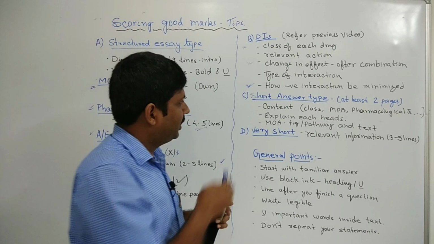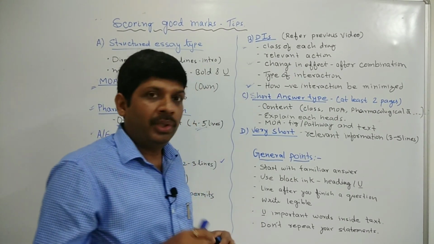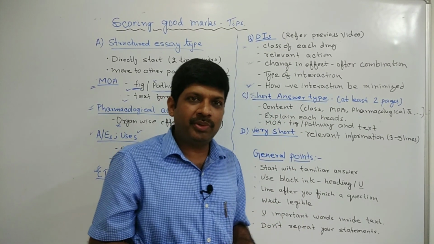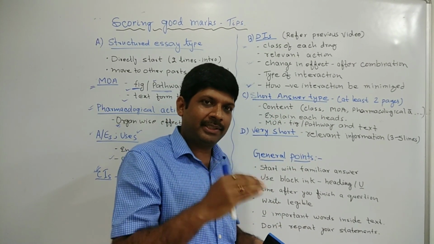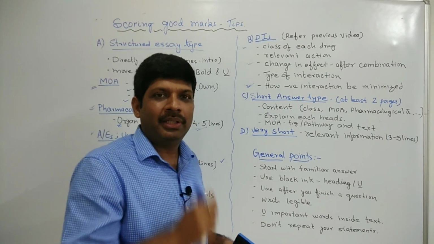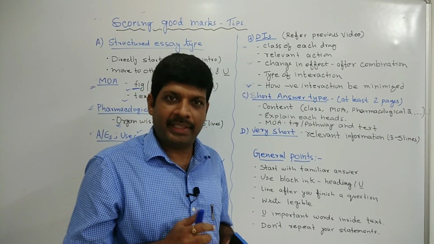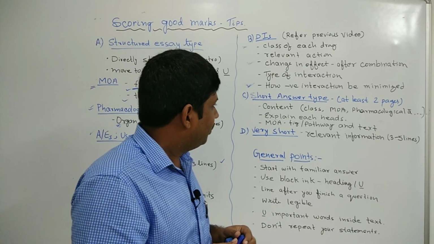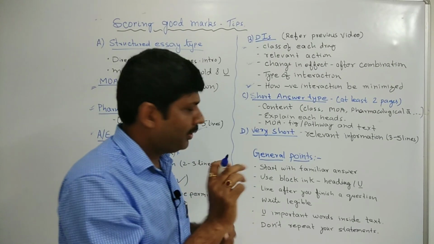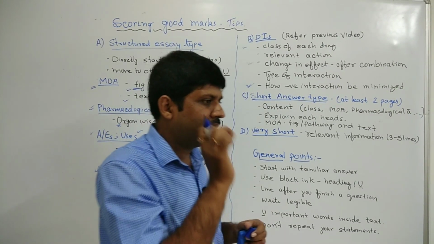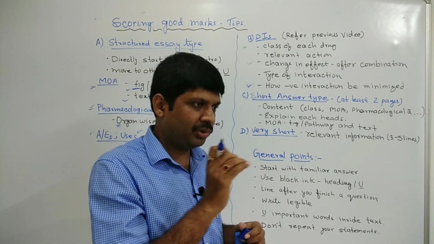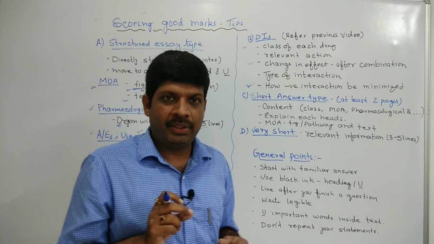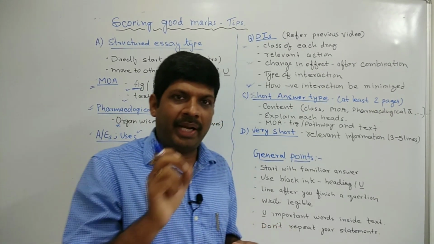Next, what we get is a short answer type question. So answer this in at least two pages. Usually students restrict their answer and explain in just half a page or just one page. That's not enough for a 5 marks or 6 marks question. So first, whatever the question is, if a question is direct on the basis of a class or drug, say write short notes on nitrates or write short notes on anti-arrhythmic drugs,